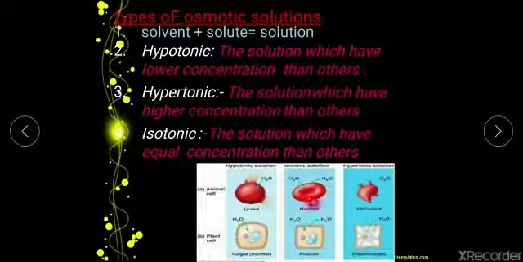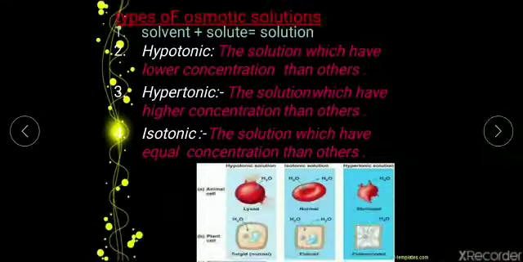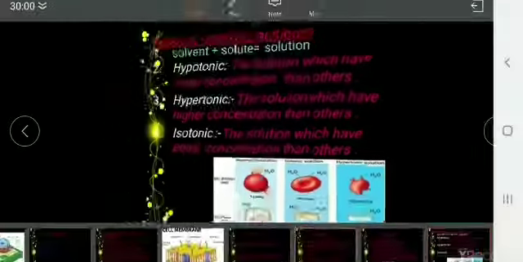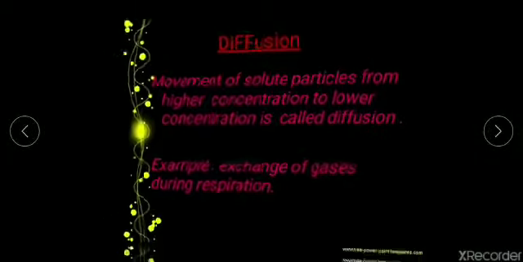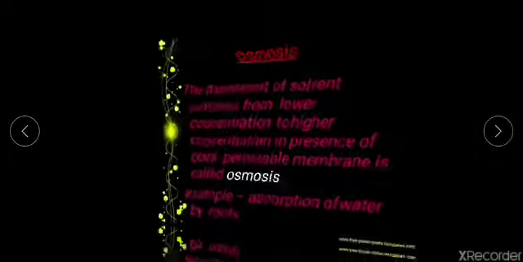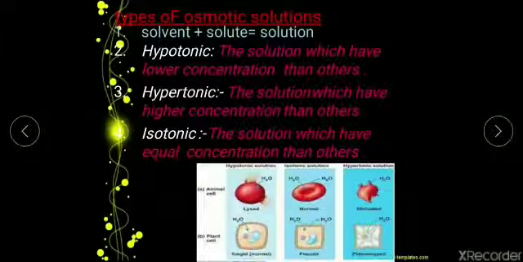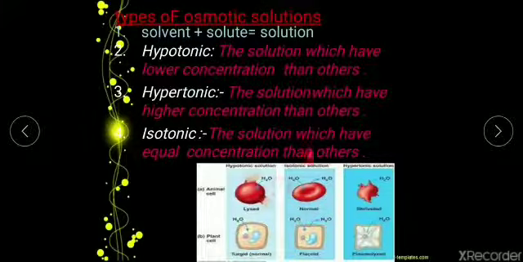The second condition you can see, this is an example of isotonic solution. So in that case what you can see, because inside and outside both the concentrations are equal, जितना condition inside also जो भी condition है, the same condition is present outside also. So you can see whatever amount of water is entering inside the cell, the same amount of water is going outside the cell. So as a result of this यहाँ पे cell structure में कोई भी difference नहीं आएगा, it will remain as it is. So this is the example of isotonic solution.